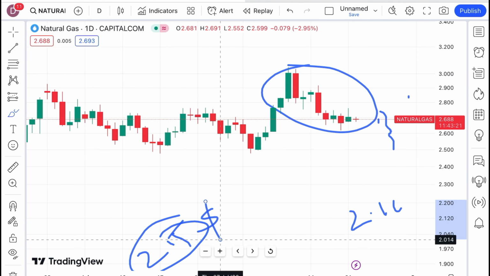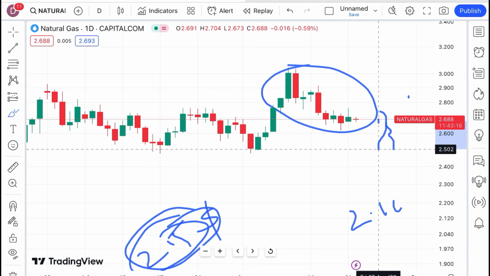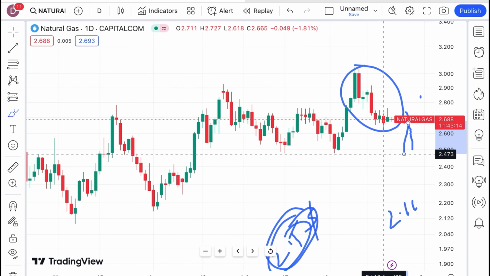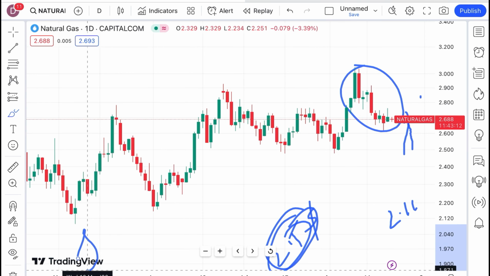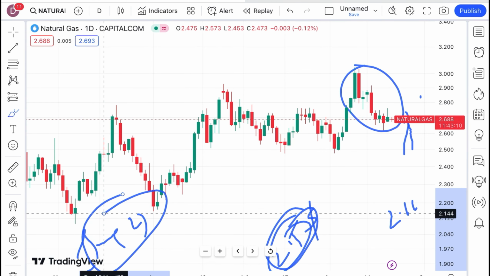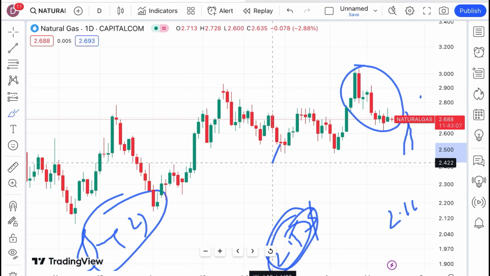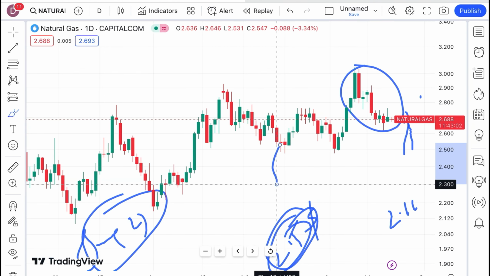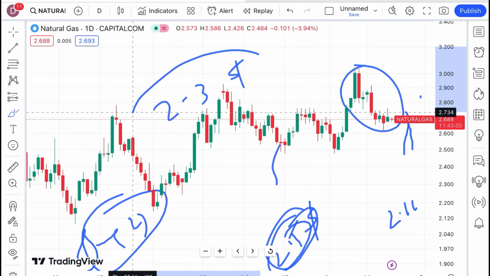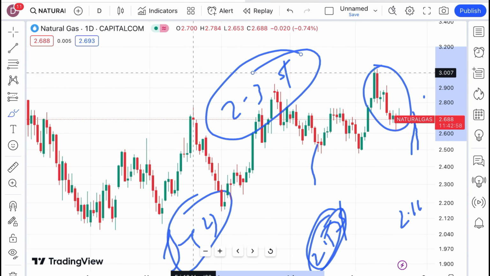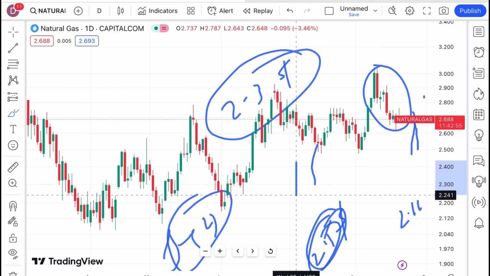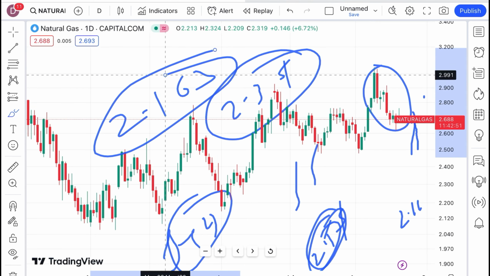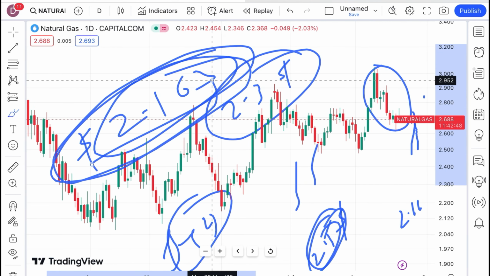Now you have to understand, as soon as it starts moving below 2.5, we can see a further fall, and then a probability of crossing this zone, which we have not seen since June of 23, that means the second week of June of 23. So chances are very high it will go further down, and we can see a level of $2.35 to a level of 2.3. Then from there we can see it will go further low, and a probability of going towards 2.241 is there, and from there a level of 2.163. If the price falls below this level, we can see a further fall.